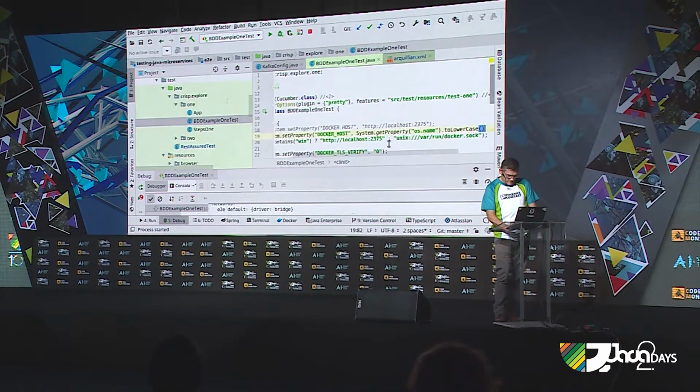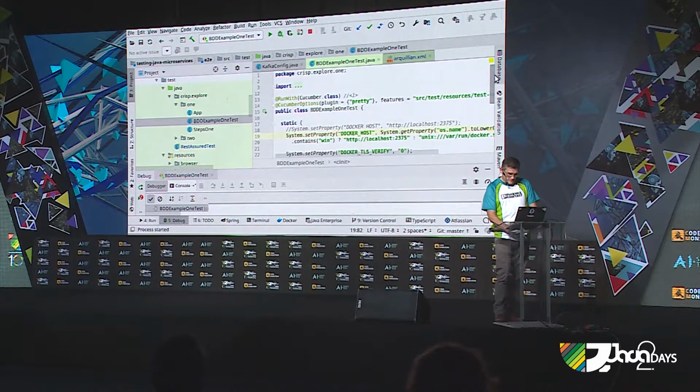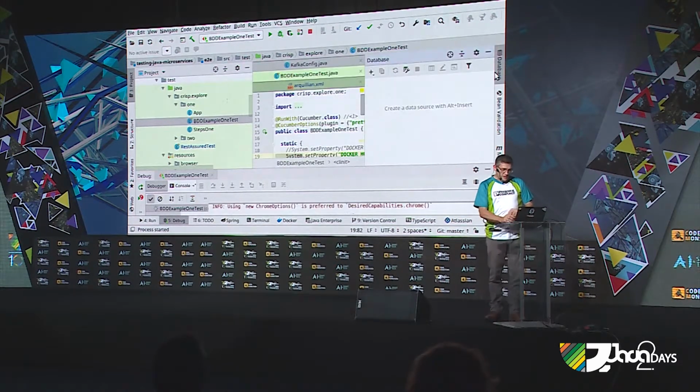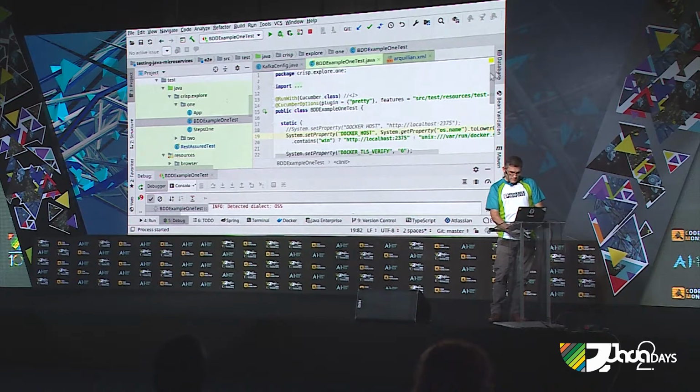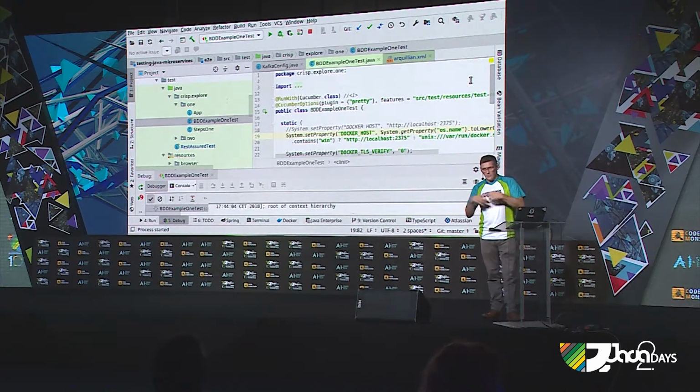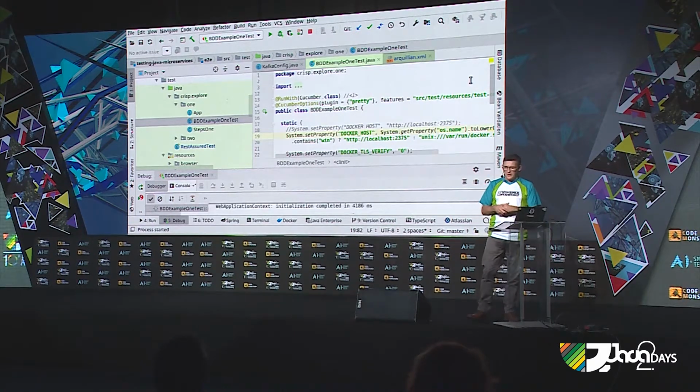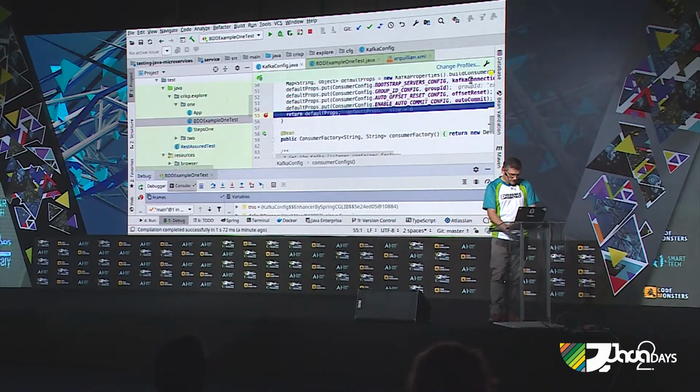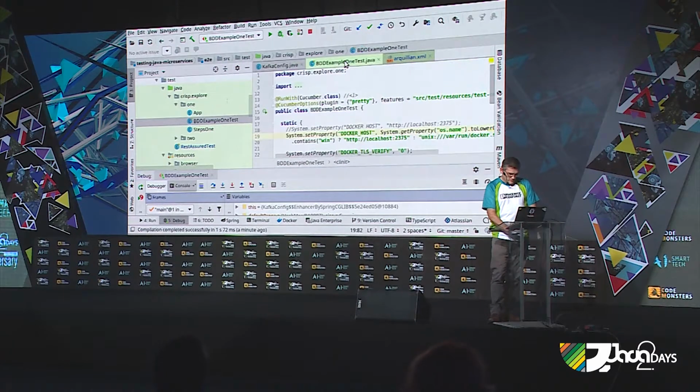There we go. So this is basically our test. And RunWith is, obviously, the JUnit way of saying run this test with some kind of extension. In this case, we're going to be using Cucumber, which we just learned was the BDD extension. Oh, did I just run that already? Okay, I should go back